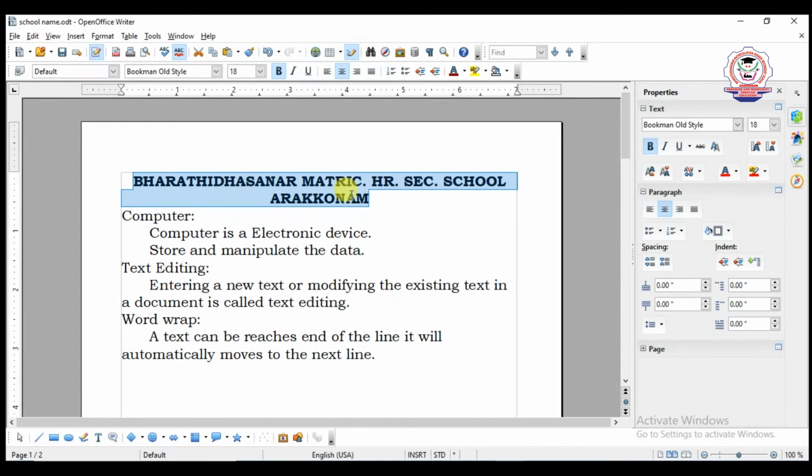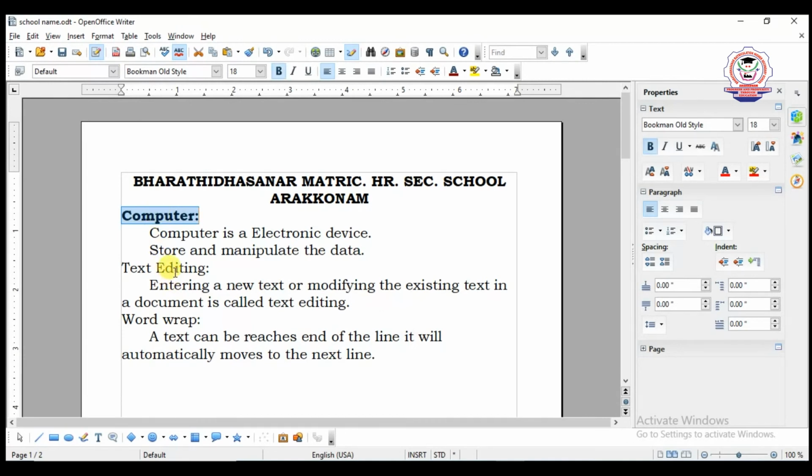This is one of the ways for selecting a text. Or if you want to select a particular word only, you can move the insertion point anywhere in that word and make a double click. It will be automatically selected, and to make the text bold, the shortcut is Control B.